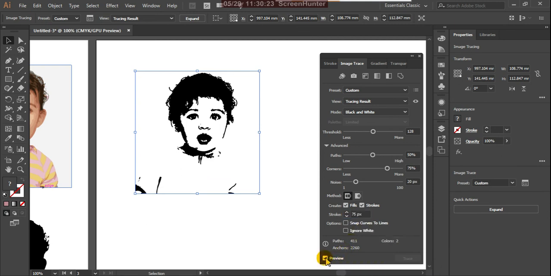Okay, snap curves to lines, ignore white.